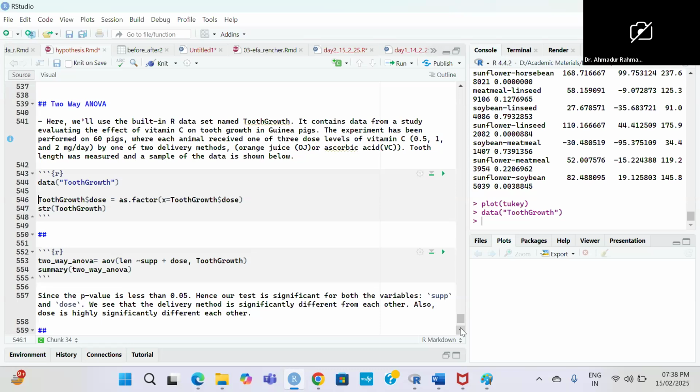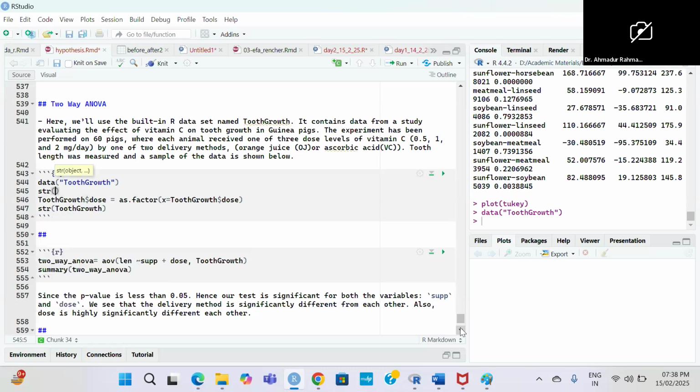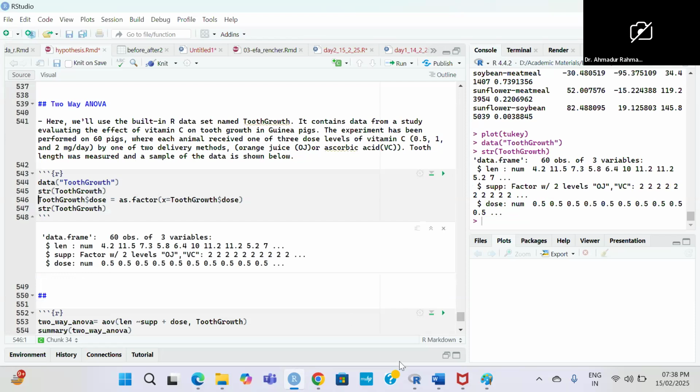सो वी चेक दिस वन एंड देन वी राइट स्ट्रक्चर। स्ट्रक्चर से STR इज यूज फॉर स्ट्रक्चर, और यहां से हमें डेटा नजर आ जाएगा कि डेटा का स्ट्रक्चर क्या है। सी, this is of data dot frame, the data types is data dot frame, 60 observations on 3 variables is there। ठीक है, first one is len, len mean length of the tooth, it is a numeric vector। ठीक है, और इसकी वैल्यूज आगे गिवन है कि किसके कितने हैं।